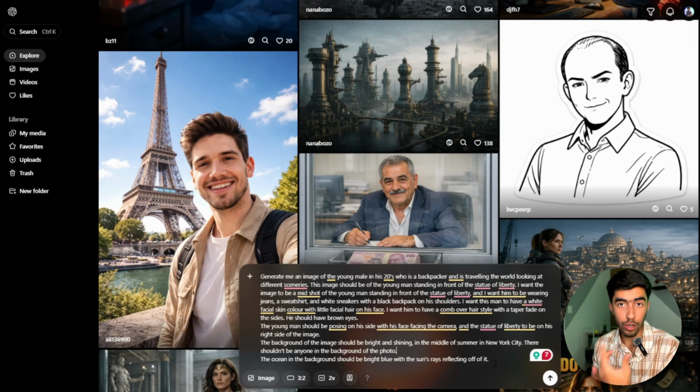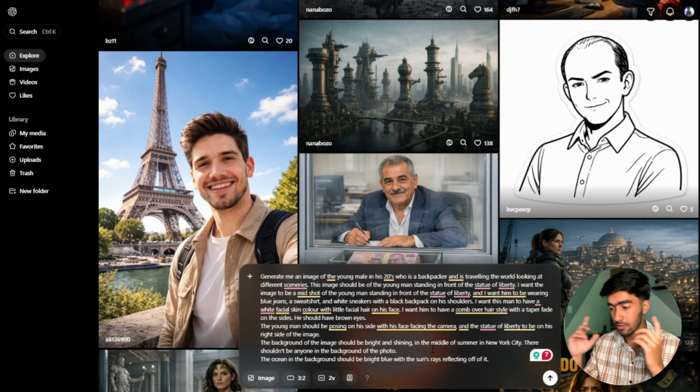And I mentioned what the guy is wearing. So I mentioned that he is wearing blue jeans, a sweatshirt, white sneakers, and a black backpack on his shoulder. In terms of skin color, I said he has white facial skin color with little facial hair. He has a comb over, taper fade, or whatever hairstyle you call this, and he's posing in front of the camera. So you can probably just end the prompt there, where I have, he should have brown eyes, but